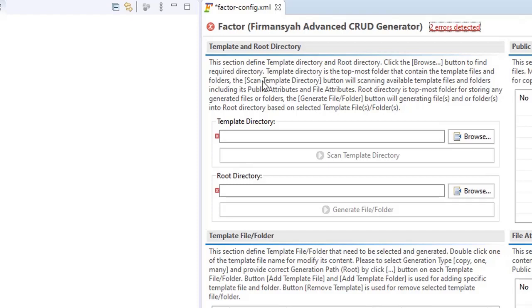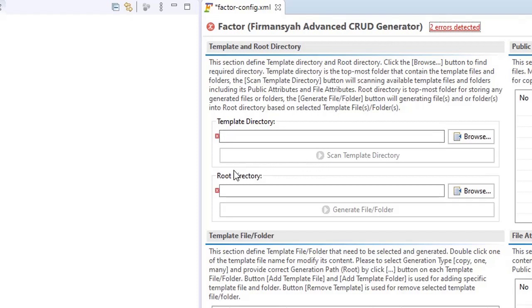So you need to create your template or folder first. And then if you browse and select the top folder, the scan template directory button will be enabled. You can click this button to scan the available template files and folders, including their content, that consists of public attribute and file attribute.